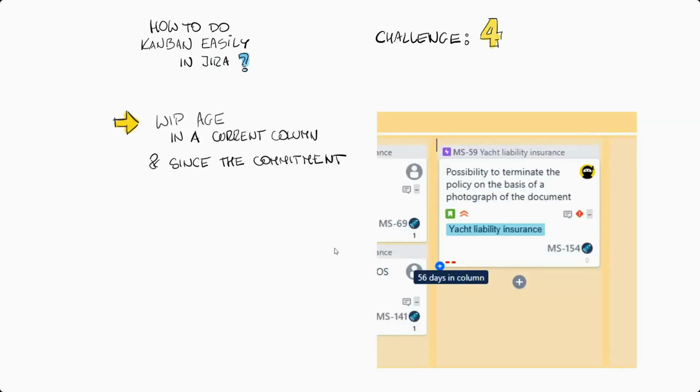Here's the example. We have a ticket which is waiting for production release for 56 days. Well, I hope that your tickets are not waiting so long to be delivered, but on the other hand, it's super hard to find sometimes such information on our boards. If you say this feature is actually available in Jira in form of the dots, I would like to show